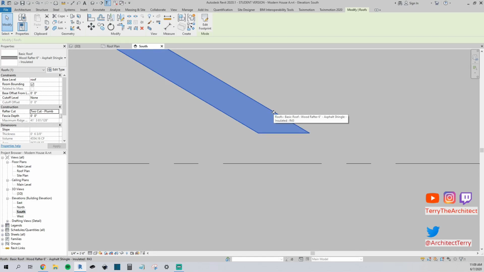So standard, you want to try to add a fascia to your roof. It just has a nice clean look to it. If you're designing a house, you'll see a lot of times people have trim right at the end of their roof, and that's a fascia. So to create that, I have a fascia depth of 0, so obviously it's giving me a point. But if I were to come in here and add say a 6-inch fascia, hit apply,